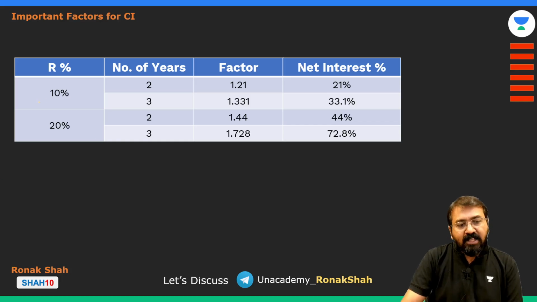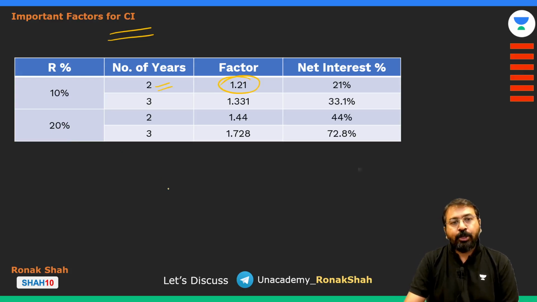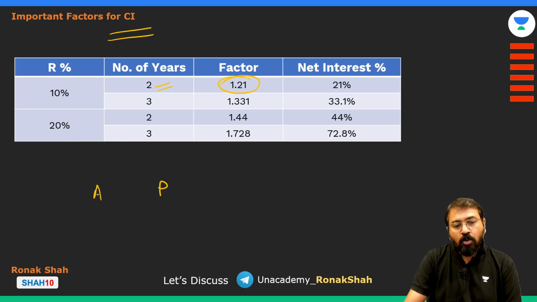तो उसमें 10% और 20% का सबसे ज्यादा यूज होता है, और वो भी 2 इयर्स 3 इयर्स के लिए। तो आप ये फैक्टर याद रख लेना कि जैसे अगर कंपाउंड इंटरेस्ट आप 10% पे 2 साल के लिए देते हो तो मल्टीप्लाइंग फैक्टर होता है 1.21, मतलब आपका प्रिंसिपल जो अमाउंट है वो प्रिंसिपल का 1.21 टाइम्स हो जाएगा।